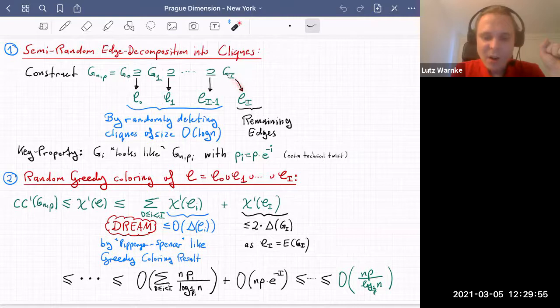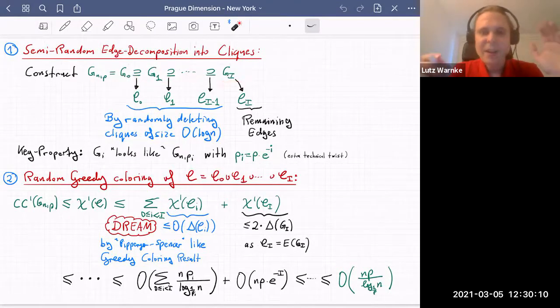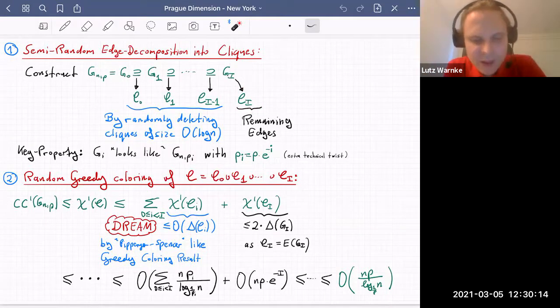We just put all the remaining edges of this final graph into this one bag CI. That will be fine for us. Okay, so we start off with the complete random graph. We take out random cliques for a while until the graph is very, very sparse. And then we just put all the remaining edges into this one bag. And so that has a lot of nice properties, this